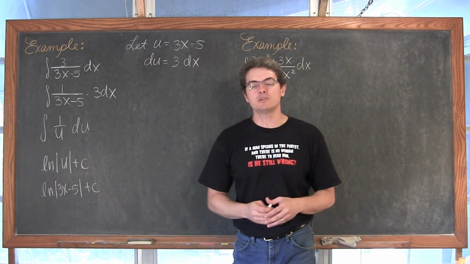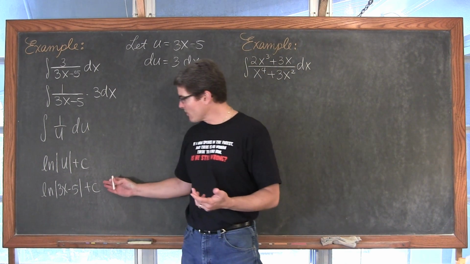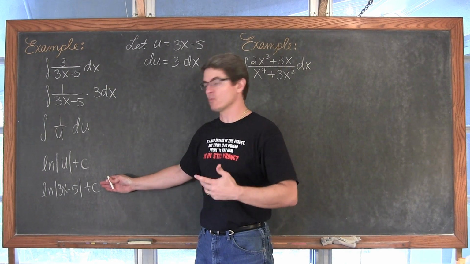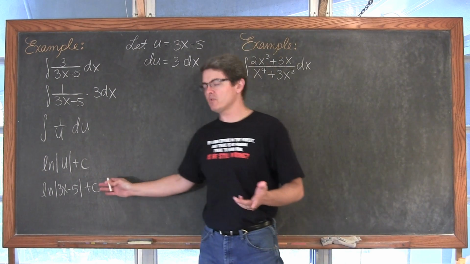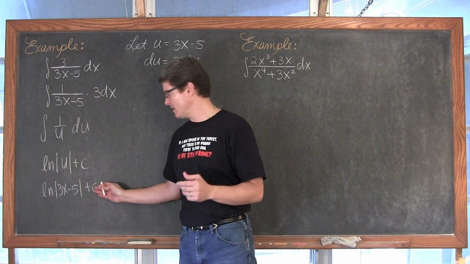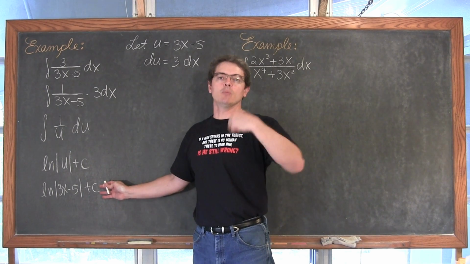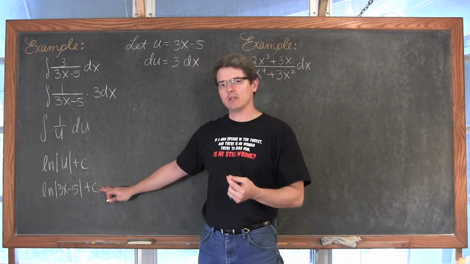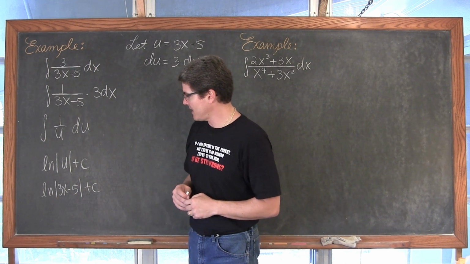And of course, don't forget your plus c as we do this indefinite integration, representing this is a family of functions whose derivative is equal to 3 over 3x minus 5. We'll do one of our examples near the end of the video where we solve a differential equation. Basically, I'll be giving you a point where this function passes through, which will allow us to find this unknown constant at the end of our answer.